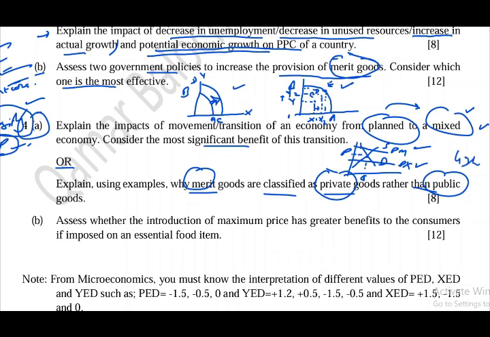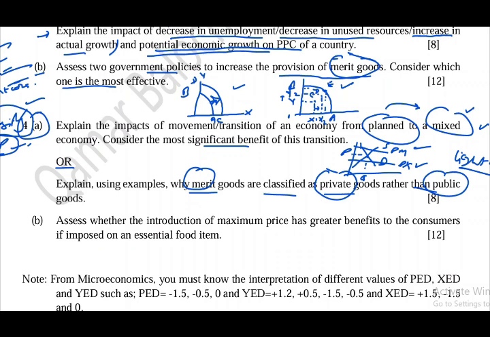A lighthouse is set up in seas to guide the ships. It will guide every ship coming its way. So public goods are non-excludable and non-rival. Non-rival is when the product is used by one person, then benefits to all others who were already using it will not decrease or diminish.